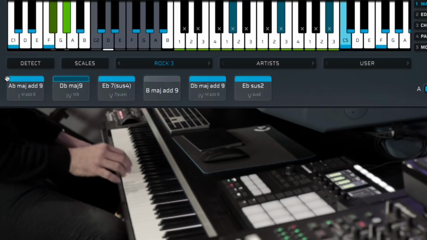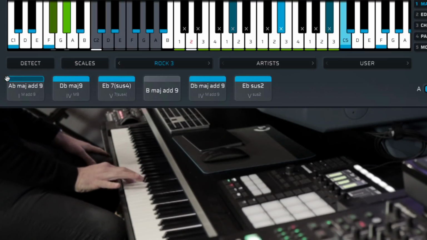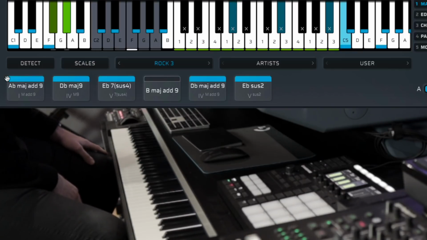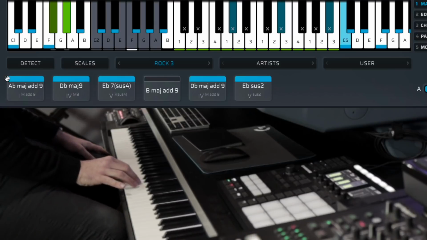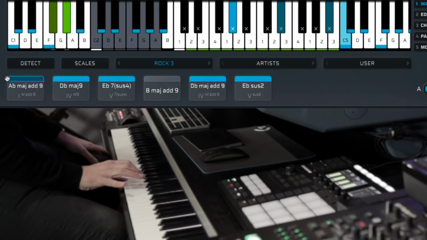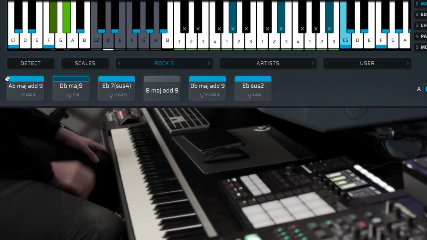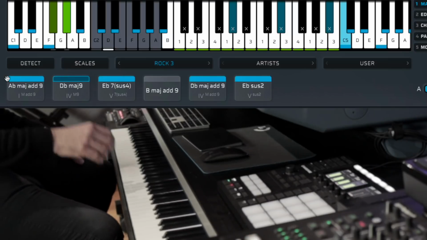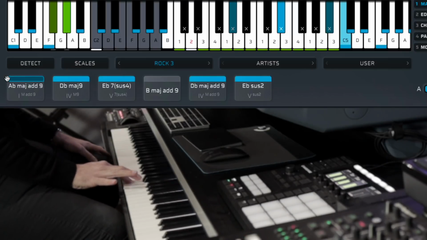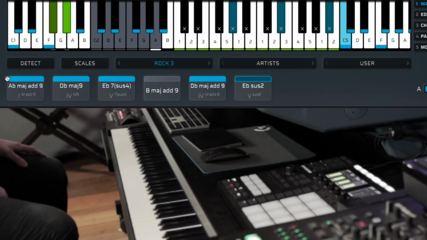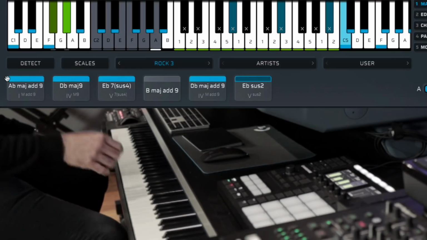Now you'll see it go up. Back down. Now it's going to go up to the B flat major. Now I might do the same thing, but